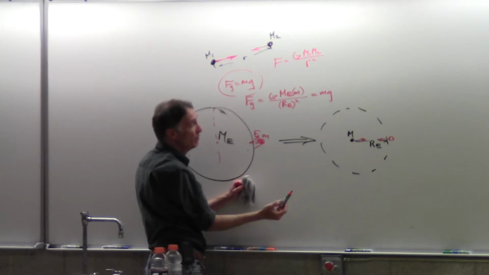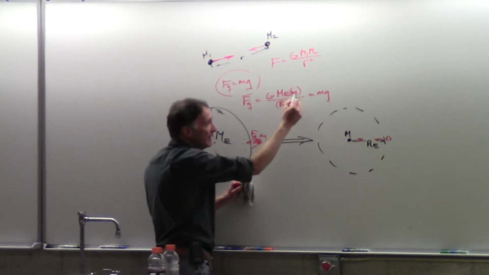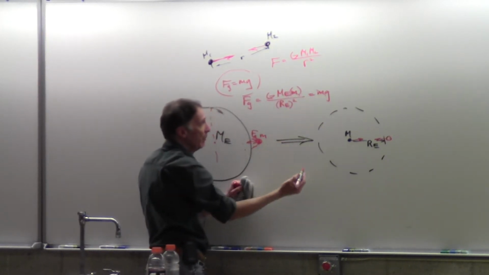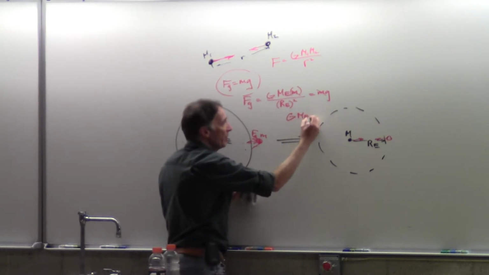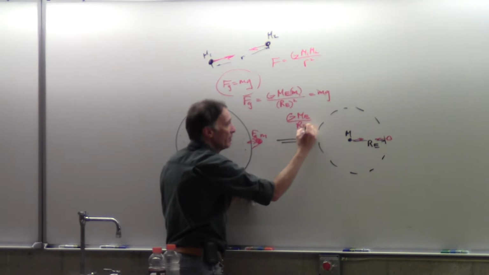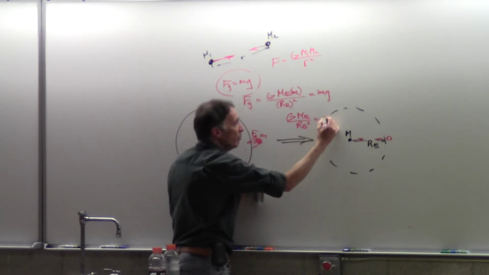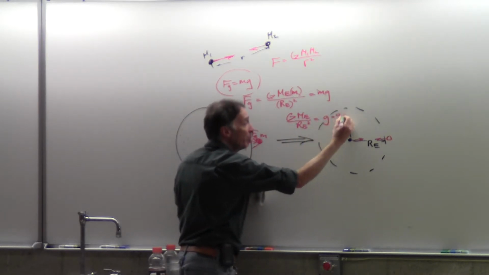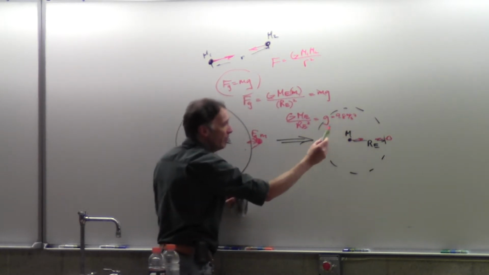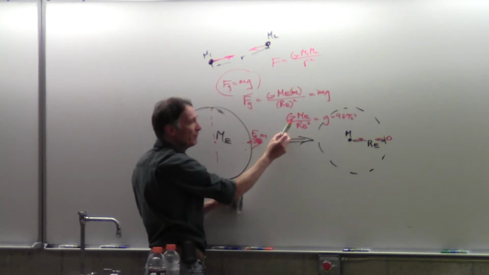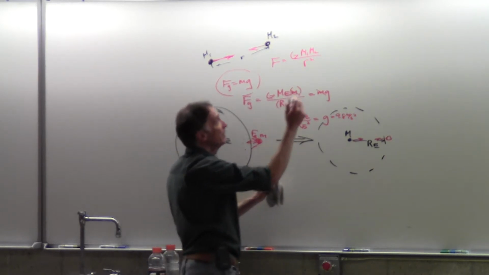So we can set these two things equal, and we can cancel this m. And so if I have big G, mass of the Earth, all over the radius of the Earth squared, that should be equal to g, which we know is 9.8 meters per second squared. And as long as I know that, and if I know the universal gravitational constant,